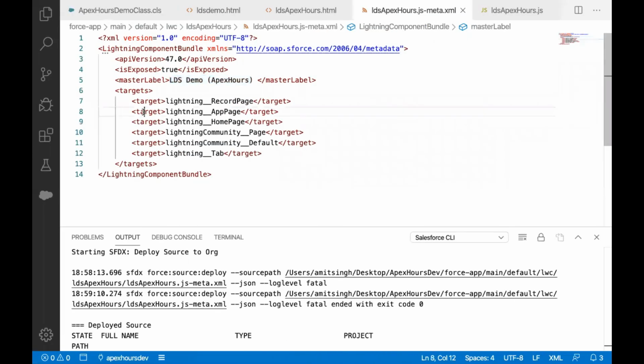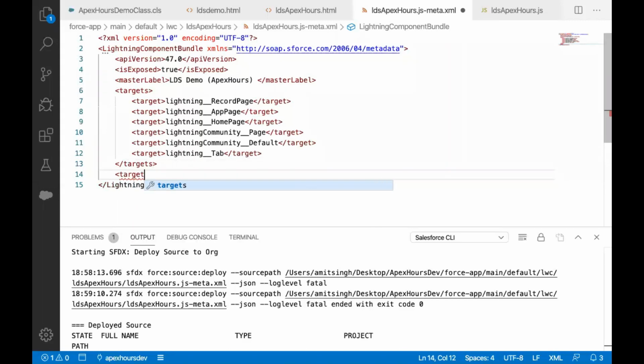So this is how you can quickly expose it. We have got so many things even in the meta file. We're not going to cover them, but we will quickly walk you through what is there in that meta file. So this is just for the targets. Now if you wanted to restrict your component to be used for a few objects, how can you do that? For that you have got